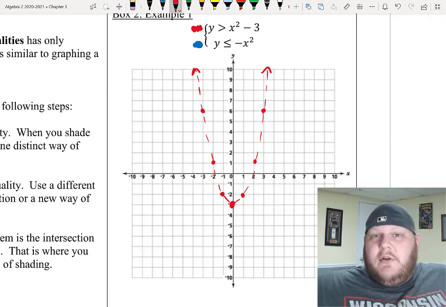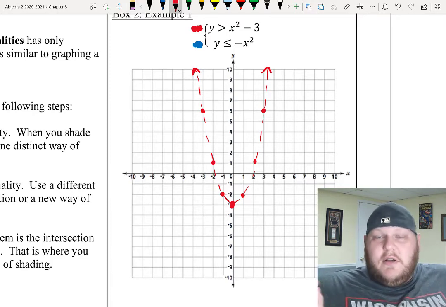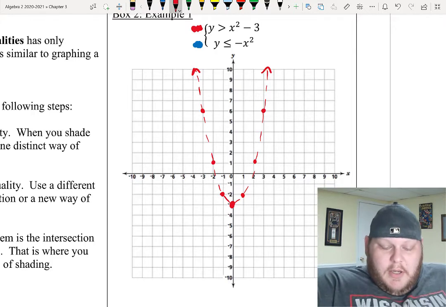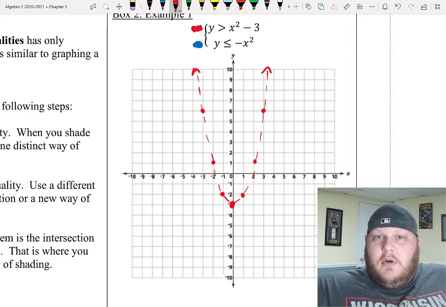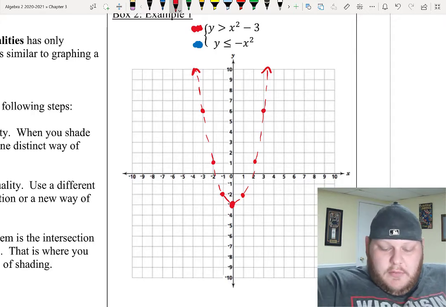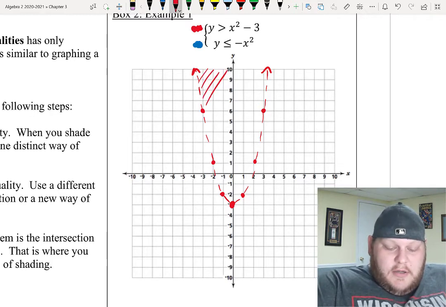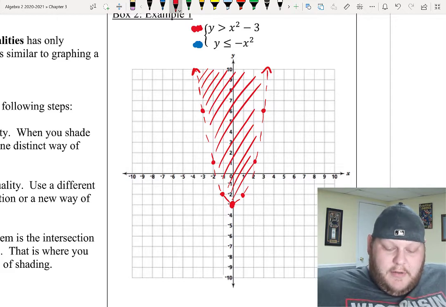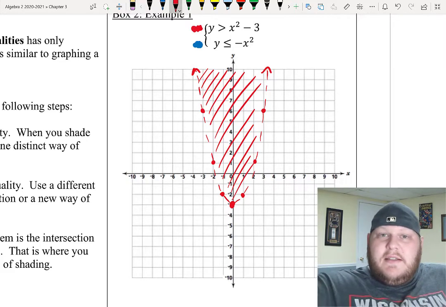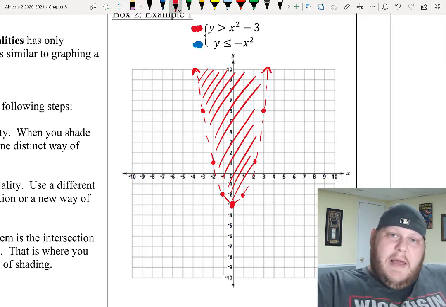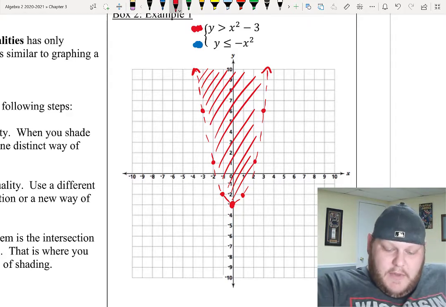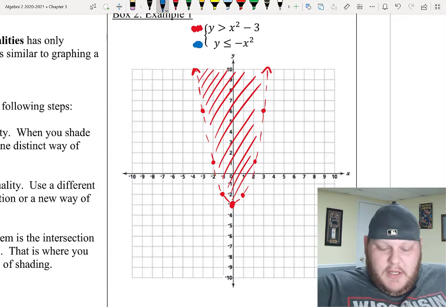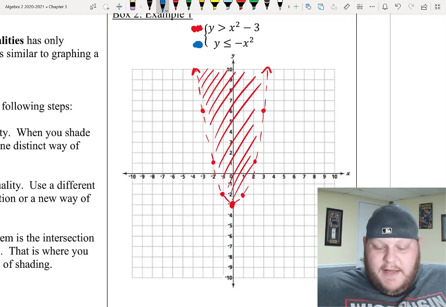From here, it's up to you on how you want to shade this. If you are going to use the same pen, like if you have a blue pen and a red pen or a black pen and a blue pen, the way that I suggest doing this, and this will work if you're working using a single color as well, is I shade all in one direction. So I'll put all of my shading for my red graph slanted top right to bottom left, in that direction. Because then when I switch my color and I graph my blue graph, which is now negative x squared,